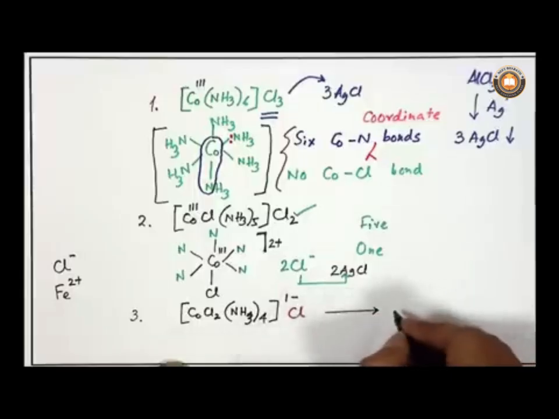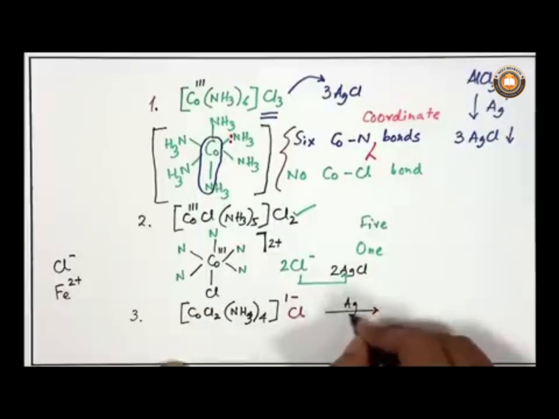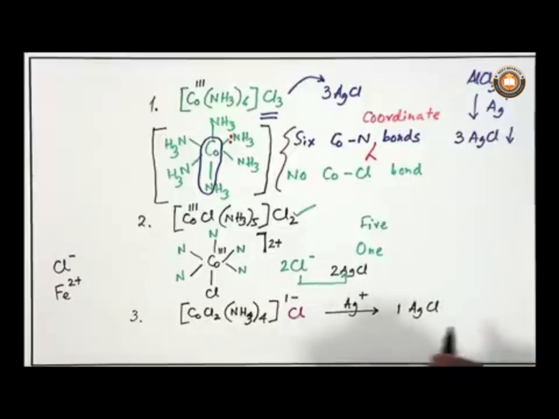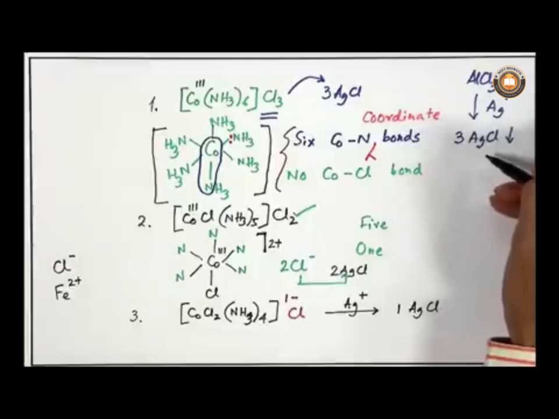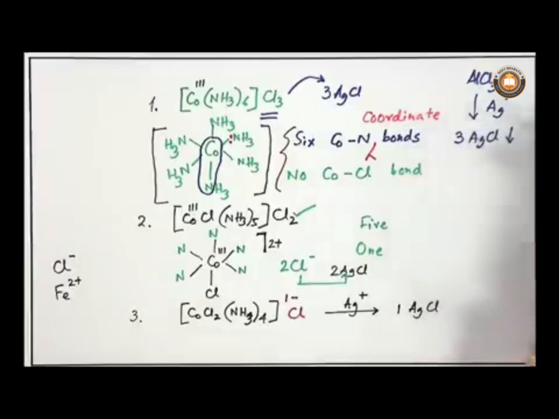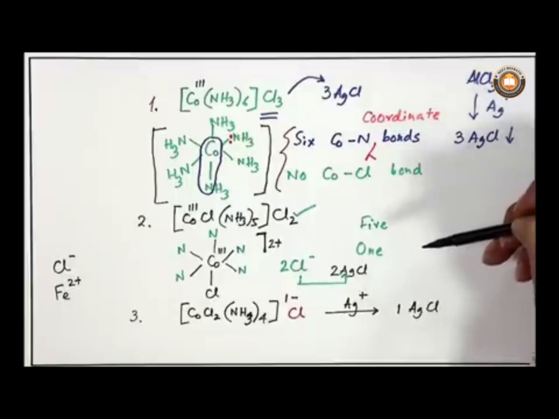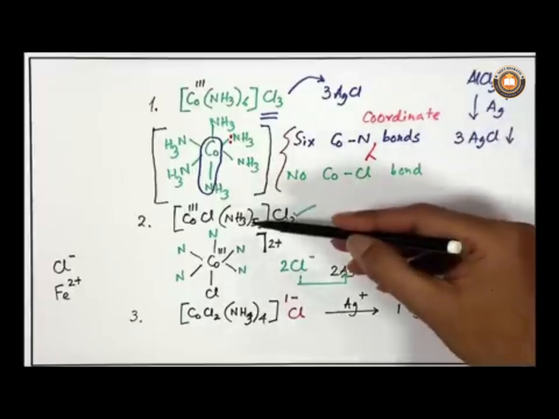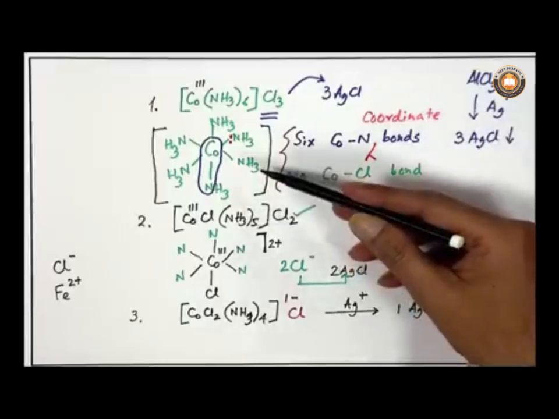That chloride we can take out as the corresponding reaction of these with Ag plus. So, we will get 1 AgCl. That clearly differentiates them depending upon the number of moles of AgCl coming out from the reaction in water medium. We are lucky enough to see that all of these compounds are water soluble. The ammonia solutions we are using for the preparation are very dilute solutions,